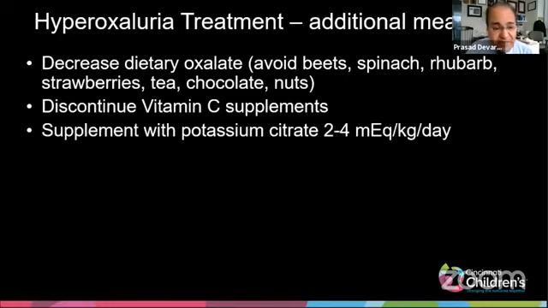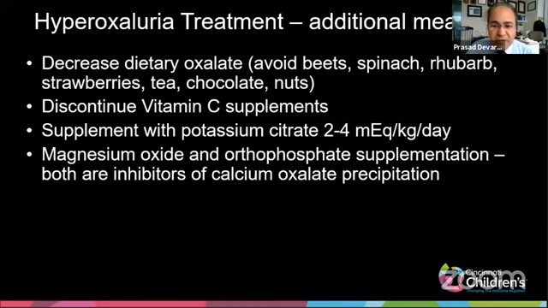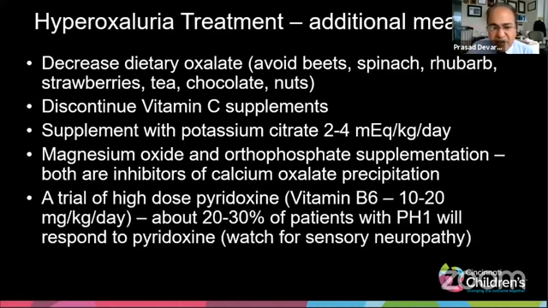We discontinue vitamin C supplements, and we give them potassium citrate supplements, and that alkalinizes the urine and increases urinary crystal dissolution. And we also use magnesium oxide, which is a very good inhibitor of calcium oxalate precipitation. So the combination of potassium citrate and magnesium oxide helps a lot in these patients to prevent ongoing calcium oxalate